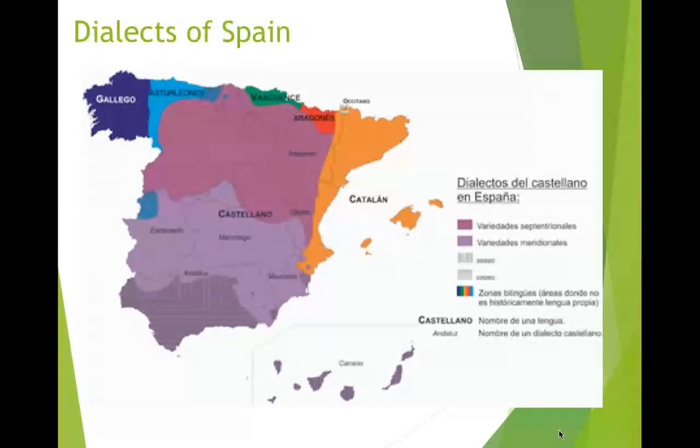And so there's your idea here of some of the dialects of Spain, which we just talked about, right? You've got that eastern portion of the country being Catalonian, which is an area that we'll talk about when we get to political geography, that they may seek to leave parts of Spain. All right, they may want to become their own country because they have vast differences, not just with language, but with other aspects too, which we'll get more into.